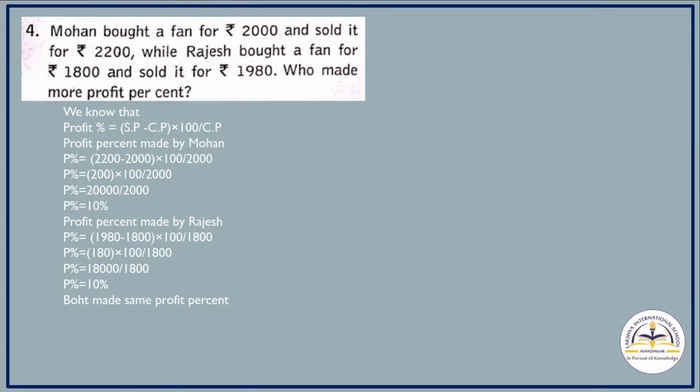Now question number 4, Mohan bought a fan for 2000 rupees and sold it for rupees 2200, while Rajesh bought a fan for rupees 1800 and sold it for rupees 1980. Who made more profit percentage? So first we will find out the profit percent made by Mohan. So profit percent equals to,